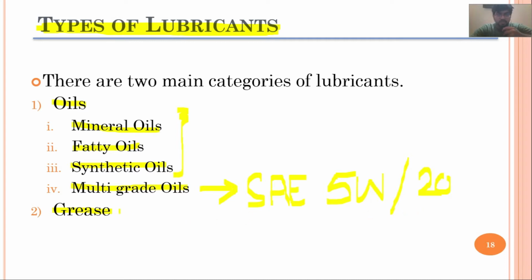Then we also studied a brief introduction regarding grease, why it is being used, what the advantages of using grease are, and what the limitations are. In engines we cannot use grease for lubrication, but for sealing purposes in our IC engine we usually use greases because they require less attention from the maintenance point of view.